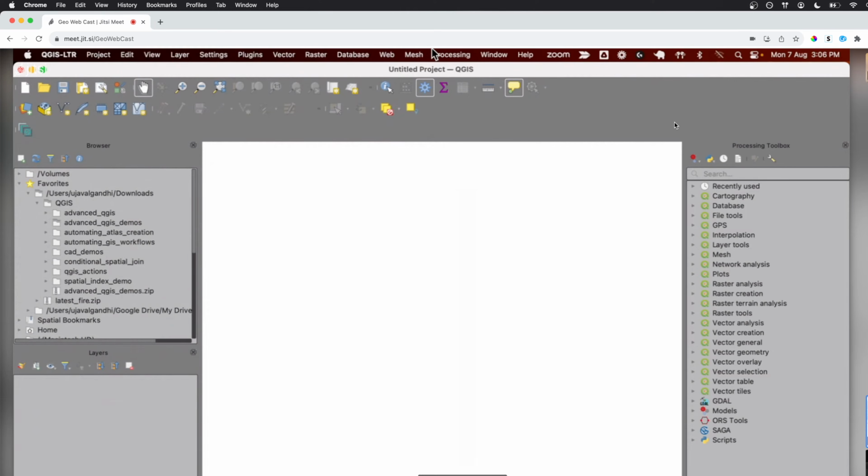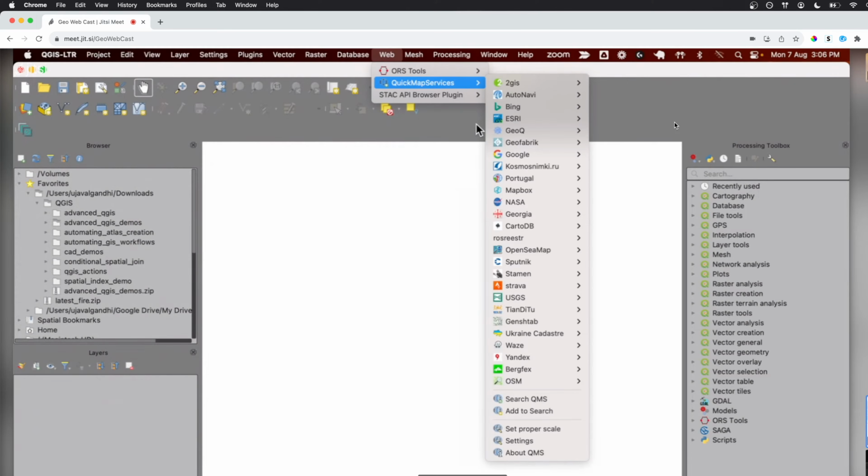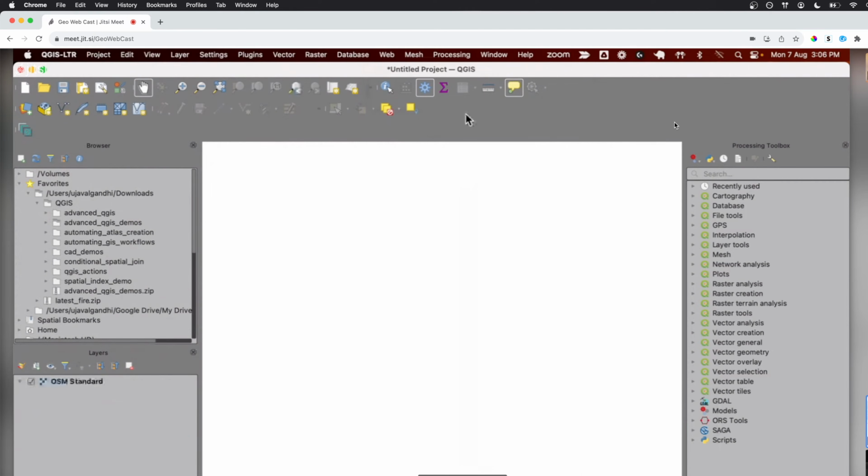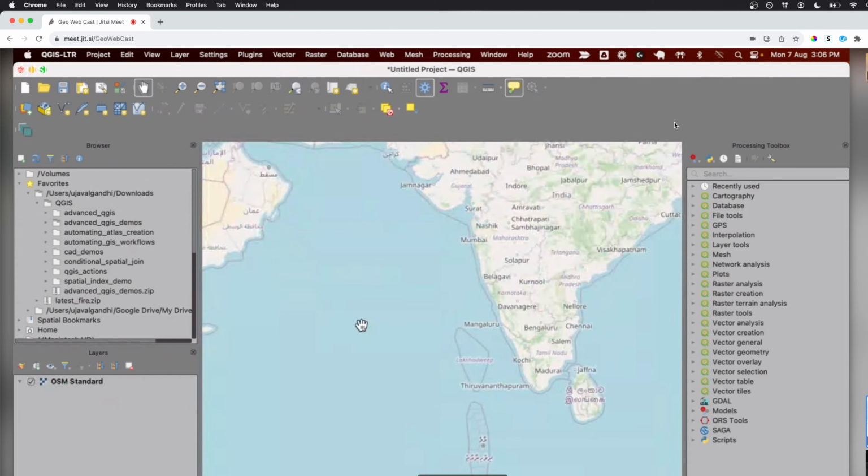Nice, nice. So let's just get some base maps. I'm just going to load some base map. This is just OpenStreetMap. And one of the things you can do is bring in photos to QGIS. All of us have smartphone cameras and we've been taking photos. Most smartphone cameras will have this setting turned on where you will geotag your photos.